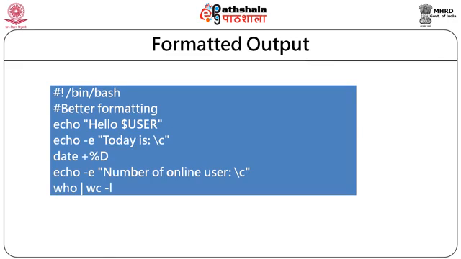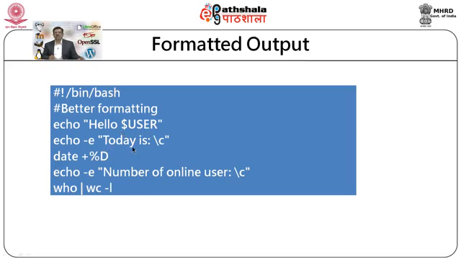Let us see how to make formatted output. So, we start with the third line, echo hello $user. Now, this $user is an inbuilt variable that is provided by Linux. These are known as environment variables. Certain variables like shell, user, home, path are all environment variables that are provided by Linux. So, if I want to display the content of an environment variable, I will say hello $user. The content of the user variable, that is within the Linux shell, will be displayed.